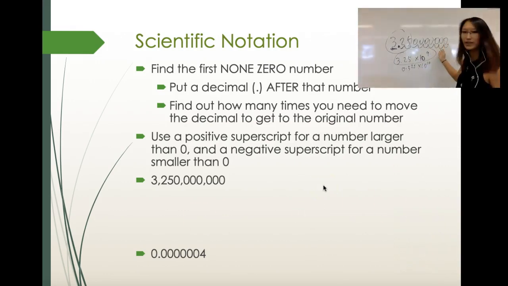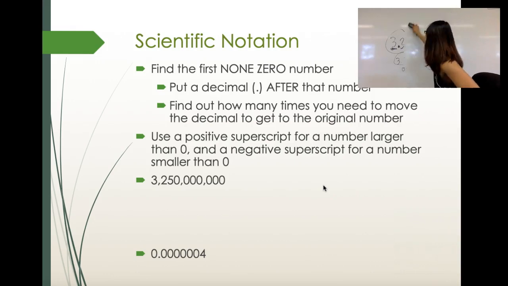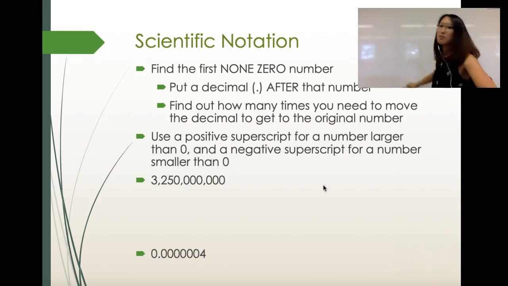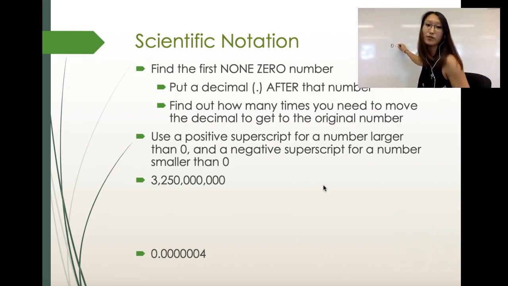all right, guys, so we got to this point. Now we're going to look at a number that's really, really small. By that I mean really, really small. Smaller than 1, kind of small. And when we look at a number like that, we will have a superscript above 10 that is a negative number. So for example, what we have right here is